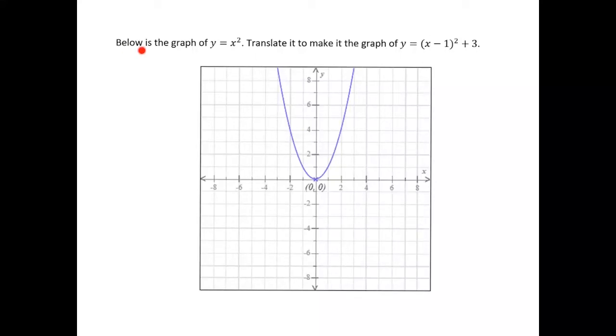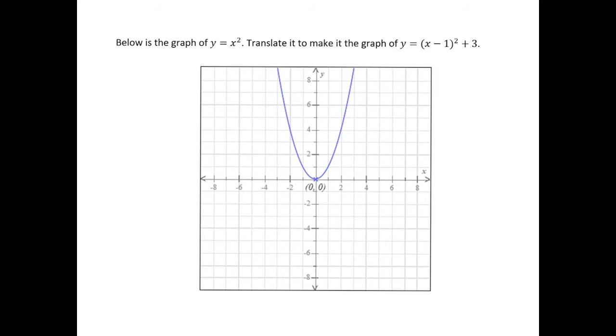Right, so below we have the graph of y equals x squared, this parabola. What we want to do is translate it to make the graph of y equals (x minus 1) squared plus 3. So what I'm going to do, before I start talking about what these operations do to my graph, I'm just going to pick out a couple points that I will move around to help me get the shape